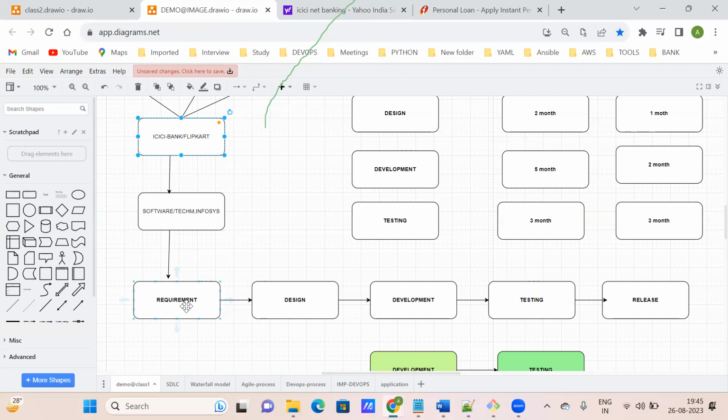So designing means what actually? Whatever requirement they gathered, they will make it as a blueprint, in a UML diagram. Let's say you are going to build a house. You give a builder the job to build that house.